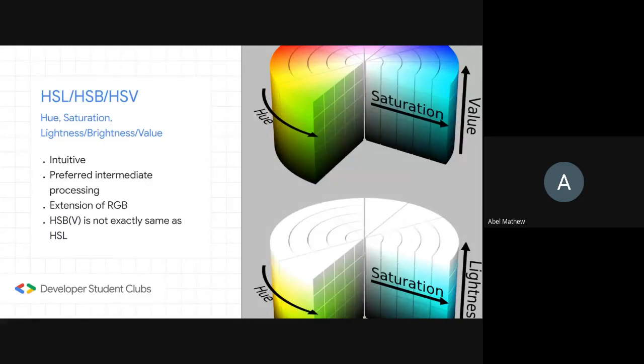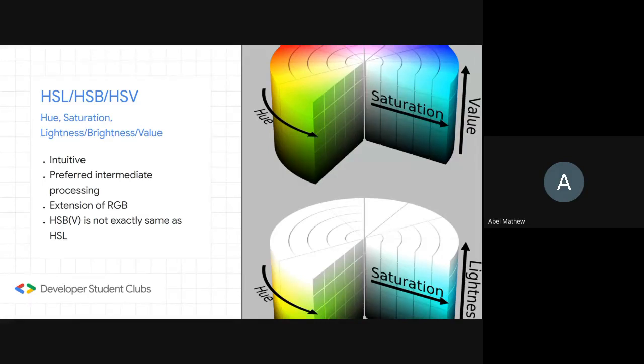And in the brightness one and the value one or the lightness one, it ranges from 0 to 1. The difference is in value, we have 0 as black and value equal to 1 as the maximum possible value for the color.